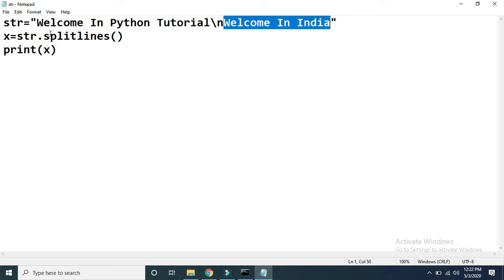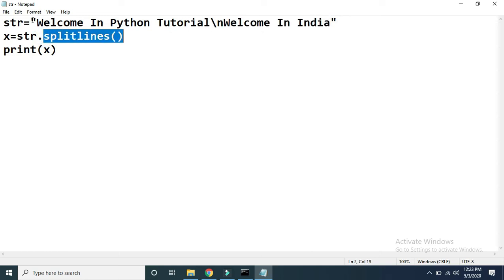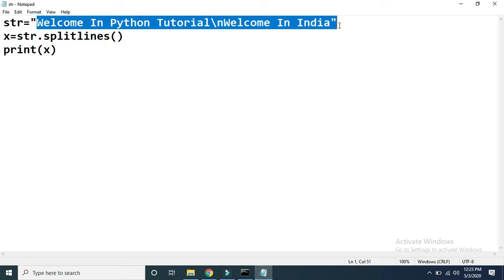Its meaning is that after execution of this statement, this string will be divided into two parts, where the first part is "Welcome in Python tutorial" and the second part is "Welcome in India". They will be stored in a list. So the type of x will be list, where at the 0th position of the list it stores "Welcome in Python tutorial", and at the first position it stores "Welcome in India".